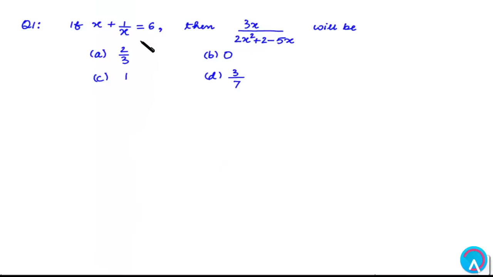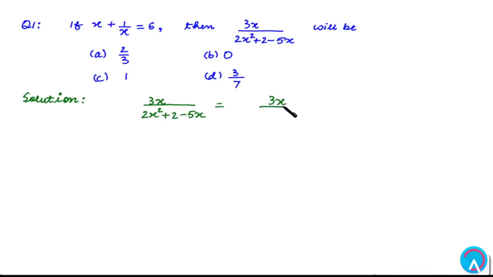Let's do question number 1. If x plus 1 by x is equal to 6, then the value of 3x by 2x square plus 2 minus 5x will be. These are the options. Let's see which is the correct option. Here we have to find the value of 3x over 2x square plus 2 minus 5x. This will be equal to